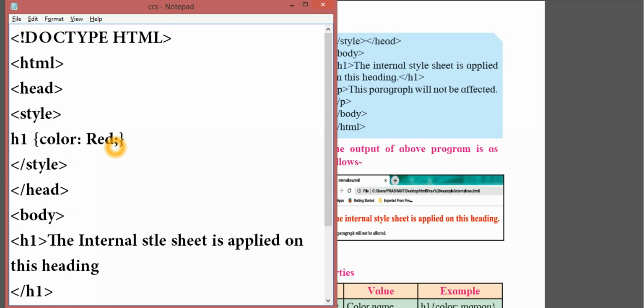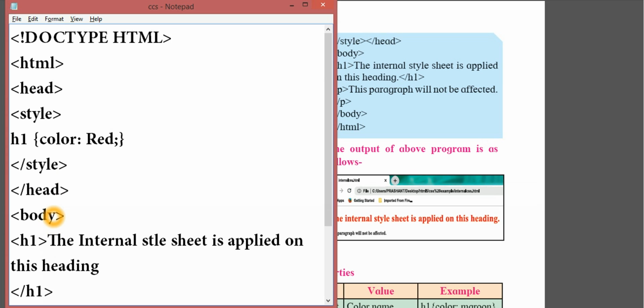then curly bracket close. Then the style is closed. It is contained in between head open and head close. So these are the embedded styles. This paragraph is used in the embedded style.